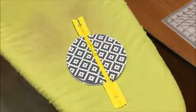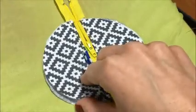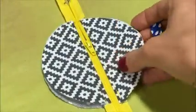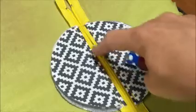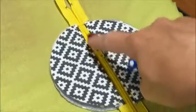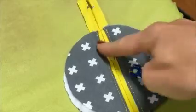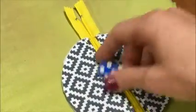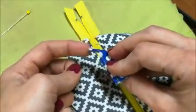Alright, you want to make sure you're still on the top half of your zipper pouch. So it's the side that has, well, I guess the only side we've done so far. It's the side that has the 2 halves. So we've got our zipper laying on the top. That's important too. You wouldn't want to accidentally pin this loop in here because this is the inside of the pouch. So we're going to flip this over, zipper side up, and we're going to take the open end of